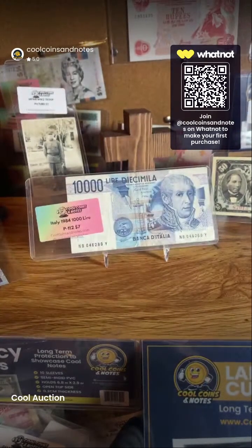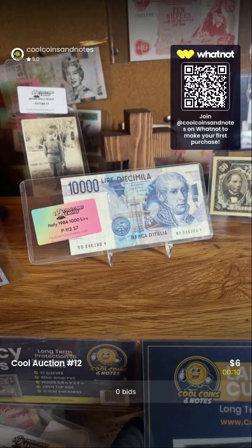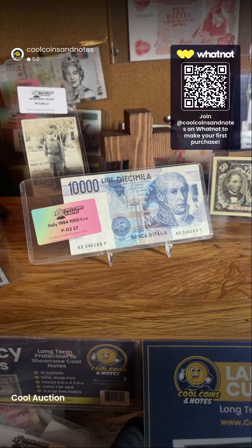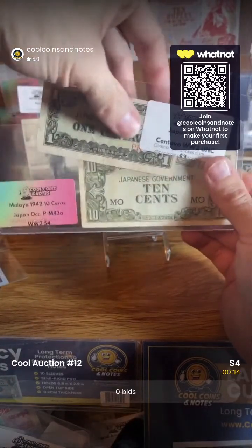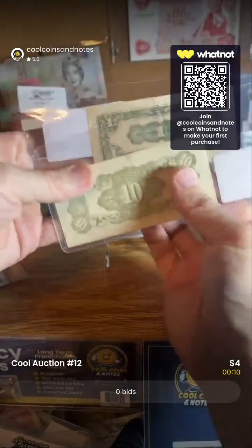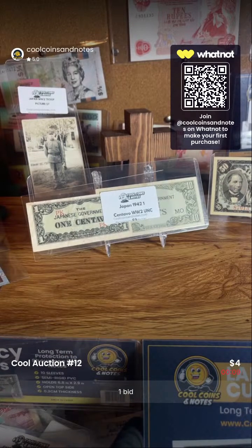Italy's cool. That's going to be at 84, 10,000 lira. The old Russian stuff's always fun. Oh, occupation notes. I like the ones in addition to Japanese, but you see a lot of Japanese. The Malay one here is okay. It's a pretty good one. These are pretty common. And then like Japanese occupation notes, German, Russian. There's also, I don't know that I have any dragons tonight. There's even